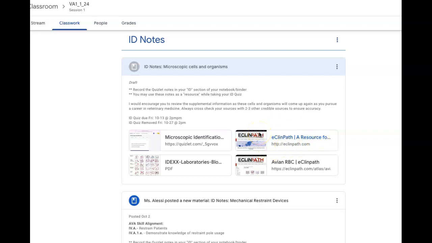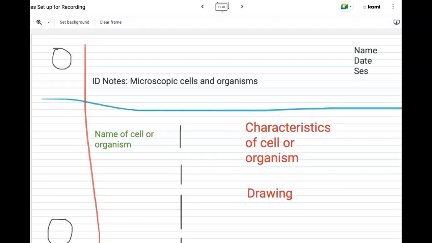and cytologies. So that's going to be a great resource for you guys to take a look at. So we are going to go ahead. Our notes should be set up, our names of our organisms or cells, your drawing and characteristics of that cell